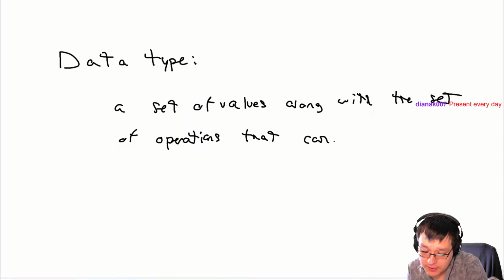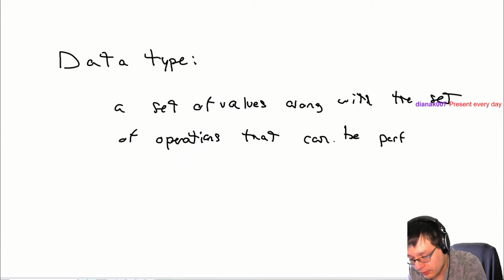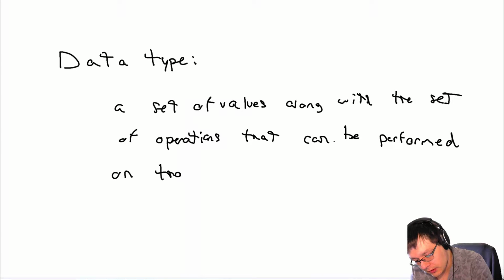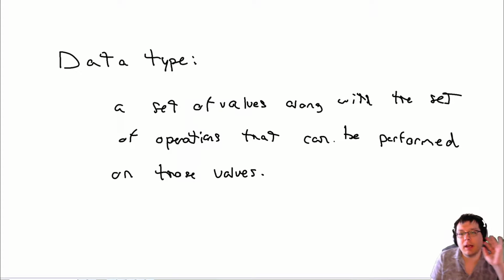That can be performed on those values, and I'll explain that in a second. So a data type, let's think about math for a second. A number is a data type. The natural number set: 1, 2, 3, 4, 5, 6, 7, 8, 9, 10. And the operations that you can perform with those values are all the math operations, like multiplication, addition, subtraction, division,